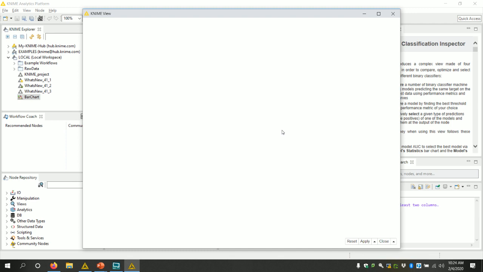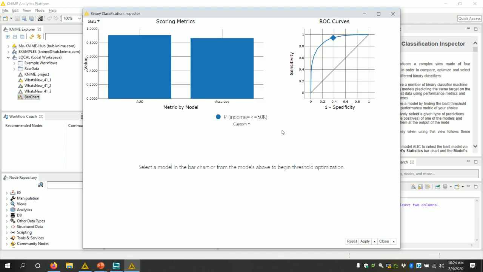So what we have at default are some simple scoring metrics. We have the area under the curve on the left-hand side, and we have the accuracy here. This is the maximized accuracy. And then we also have the associated ROC curve on the right-hand side. So this is all well and good, but where it gets more interesting is if I click, for example, on